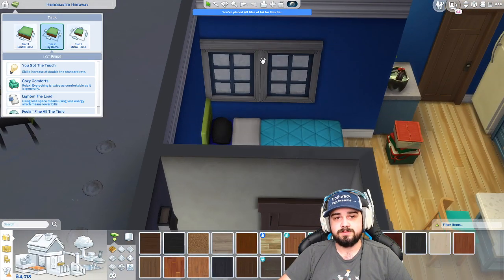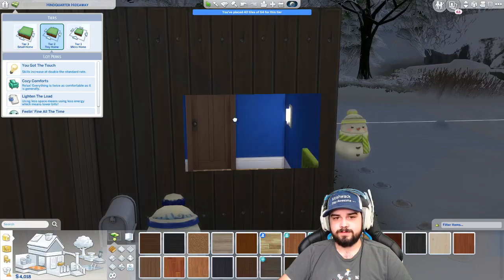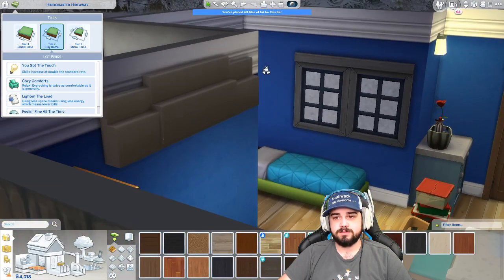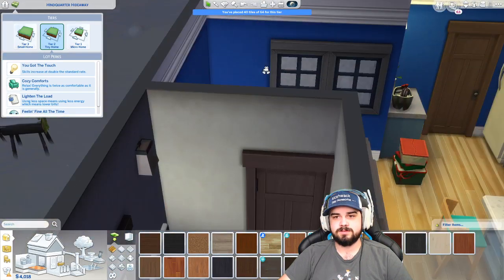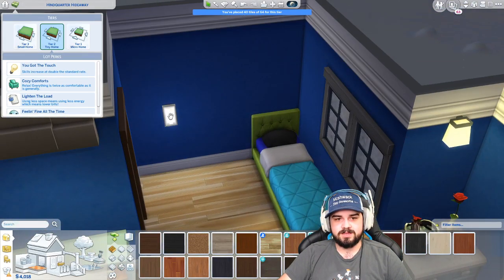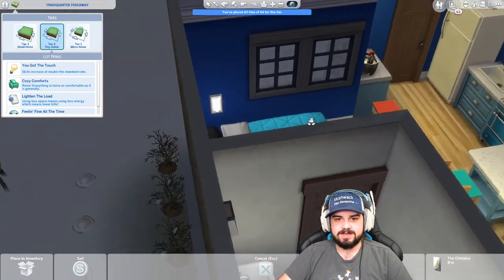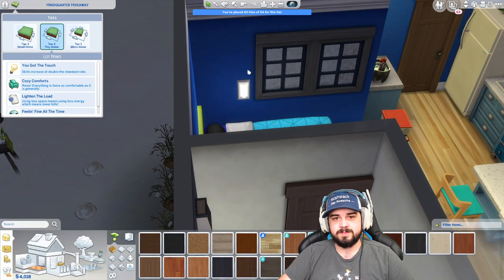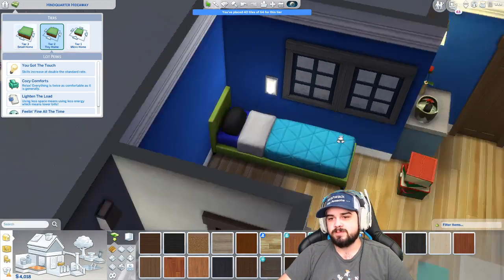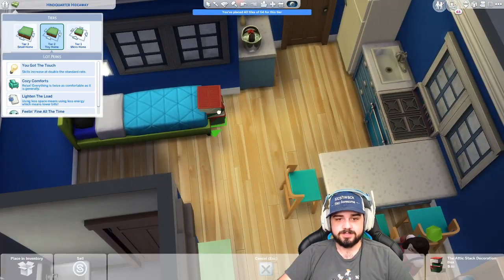This window, though, I didn't realize that it goes all the way over. If I move it over here, how does it look? That'll be fine. And then we'll move the light. The little night light. Might change that. I think I have another light that I can put there. But we'll move the night light over here. And that should still give us...